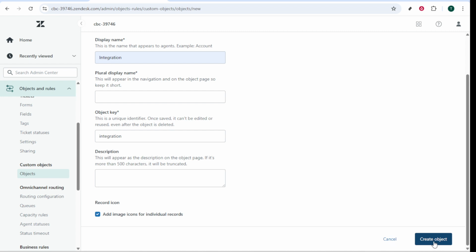And that's it. By following these straightforward steps, you have successfully created and displayed custom objects within your Zendesk Help Center. Remember, properly setting up custom objects not only helps in better data management and tracking, but also enriches your customer support capabilities, making your Zendesk Guide Help Center more intuitive and